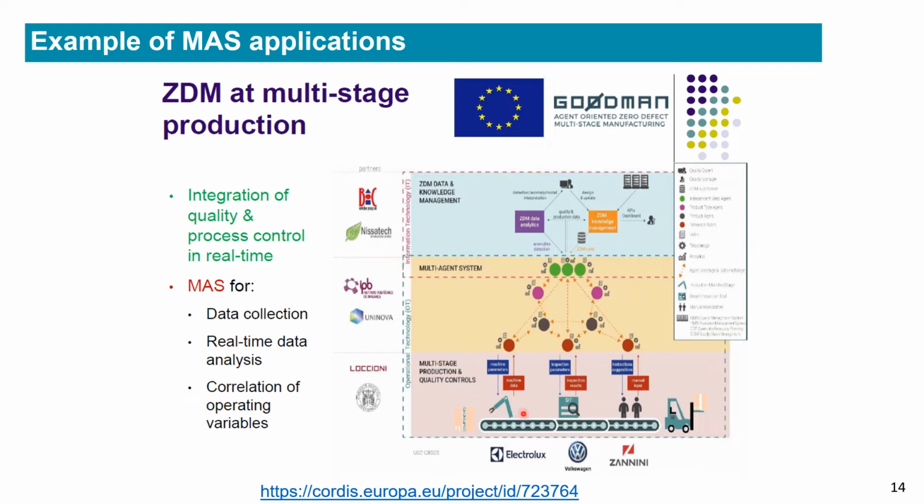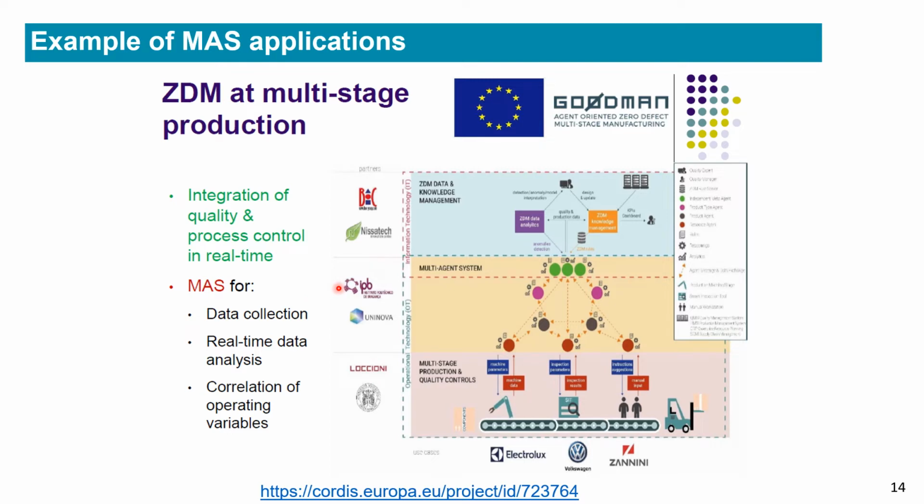As you can see, the lower or bottom layer controls the cyber physical system, which is being monitored and operated. And of course, integration of quality and process control in real time has been achieved by using a multi-agent system for data collection and real-time data analysis and